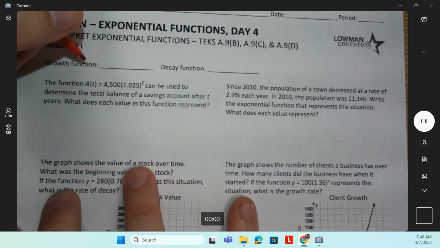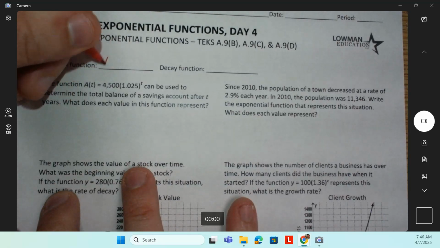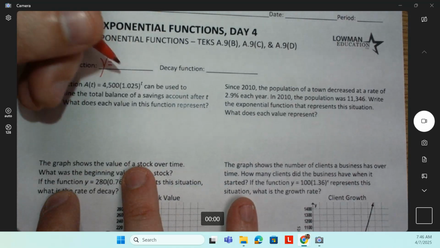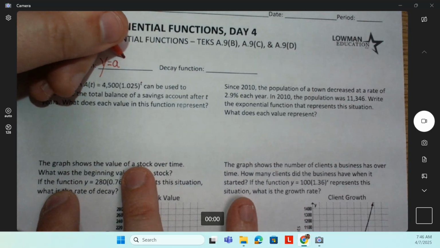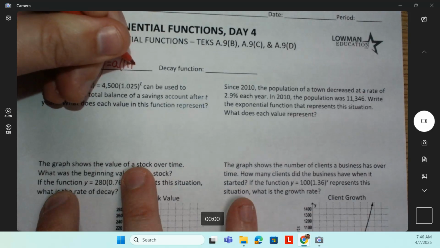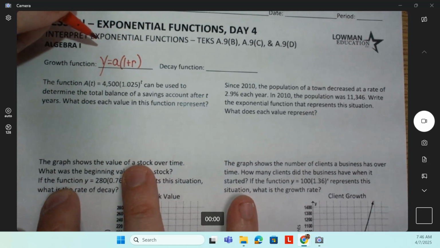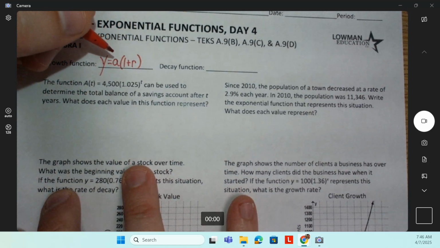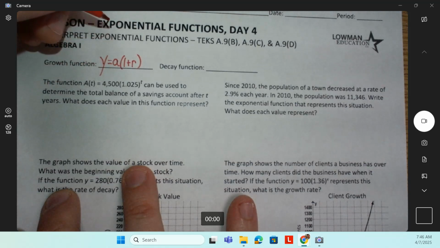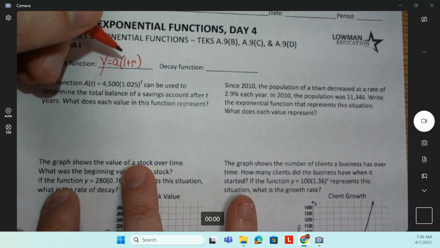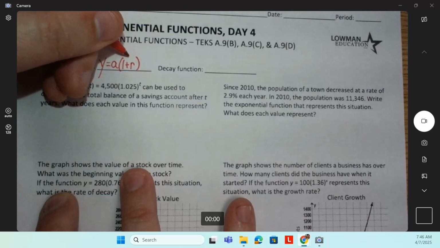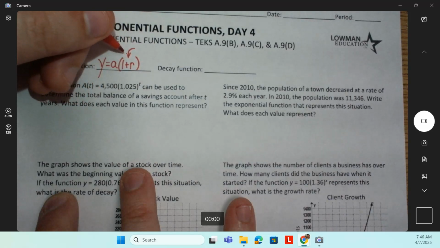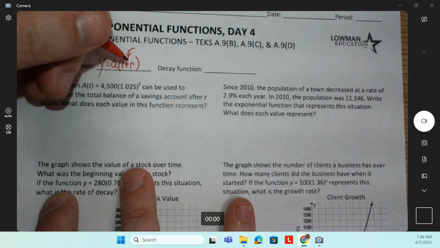So the formula we'll use for growth is y equals a, which will be our starting amount, times 1 plus whatever the rate is. And normally that rate's going to be pretty small. Should be less than 10% almost any time you see it. Otherwise, you just get a very large, very fast growth, like when we've done 2 or 4, like that goes up very quickly. You're not going to find situations where you can get exponential growth that doubles every year